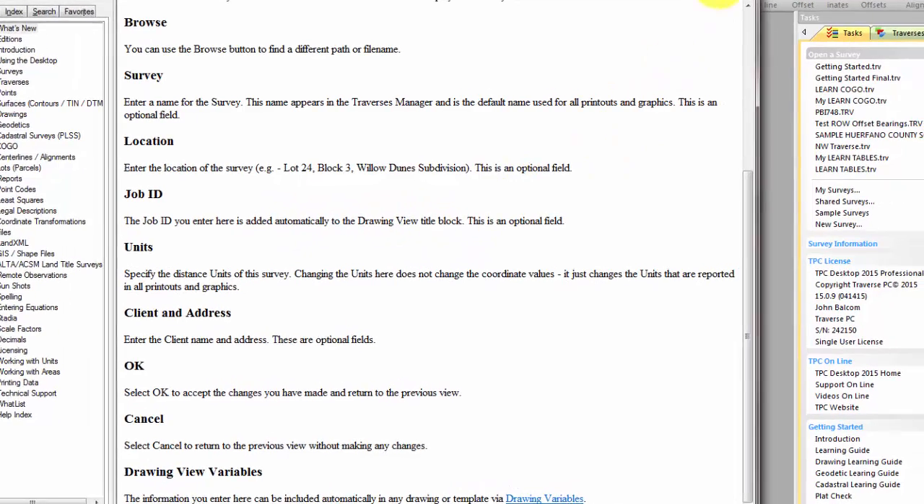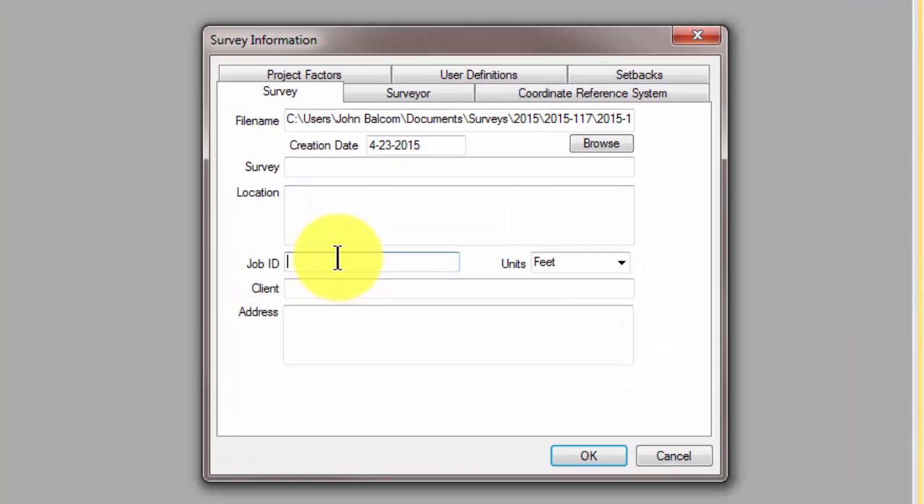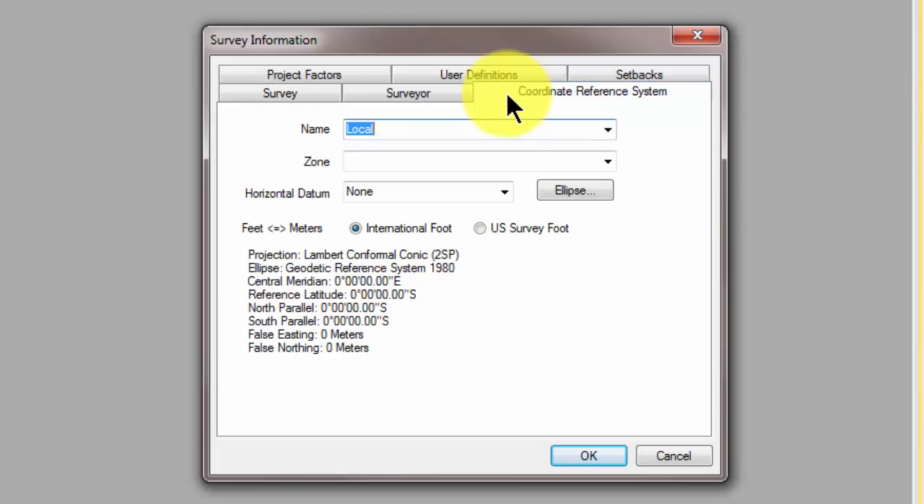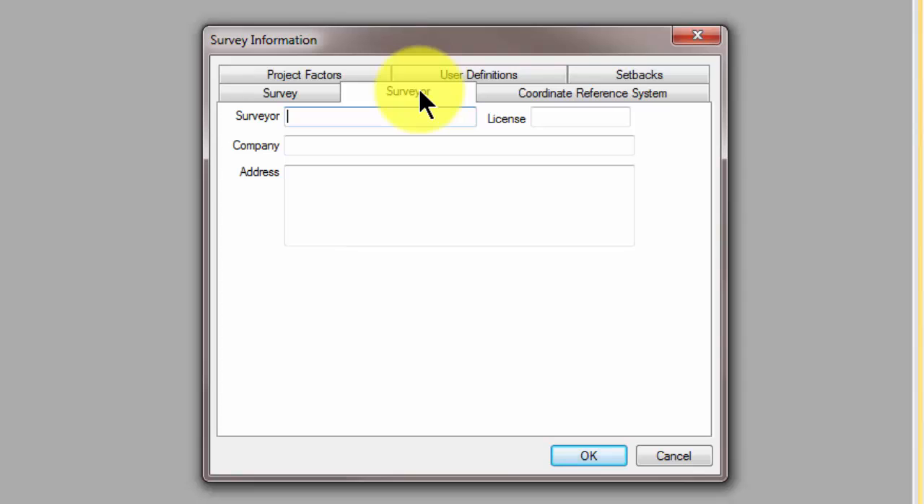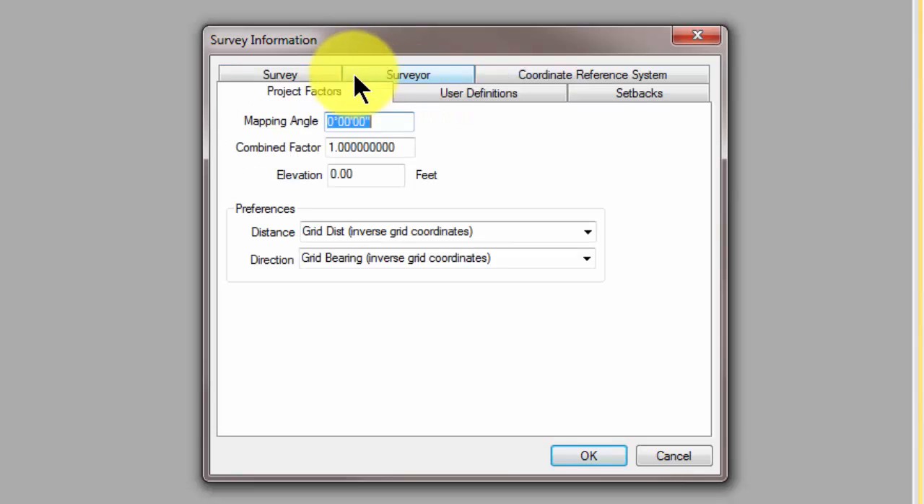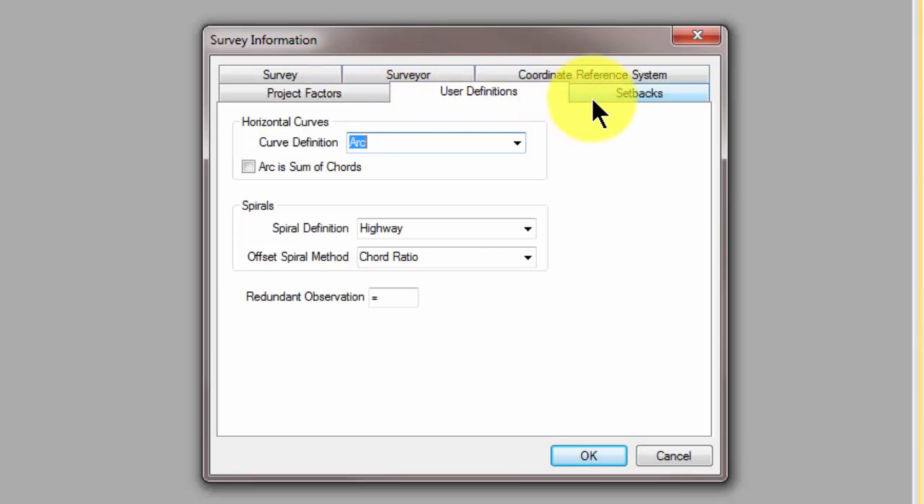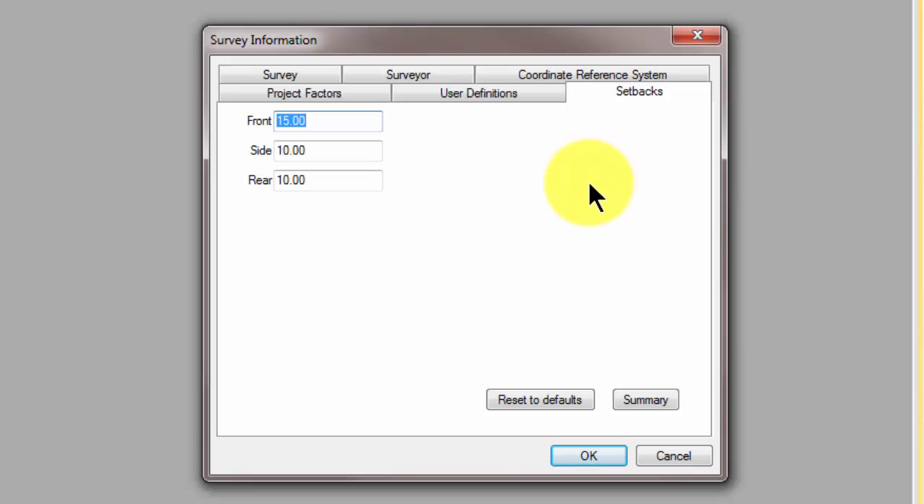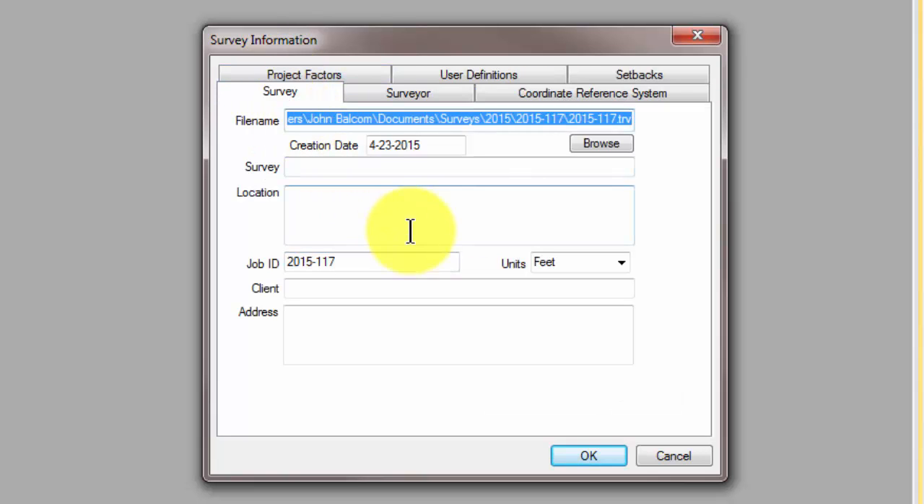So let's go ahead and enter a job ID. Let's put in 2015-117. While we're at it, we can enter any additional information we have about our coordinate reference system if we're using one. Enter information about yourself, your license, and again, that same information can show up as a drawing variable as well. Any project factors, user definitions, your default setbacks for lots. All of this is stored with the survey file. So once we've got the information in here that we want, we've selected our units, put in information about the client, address, that sort of thing,